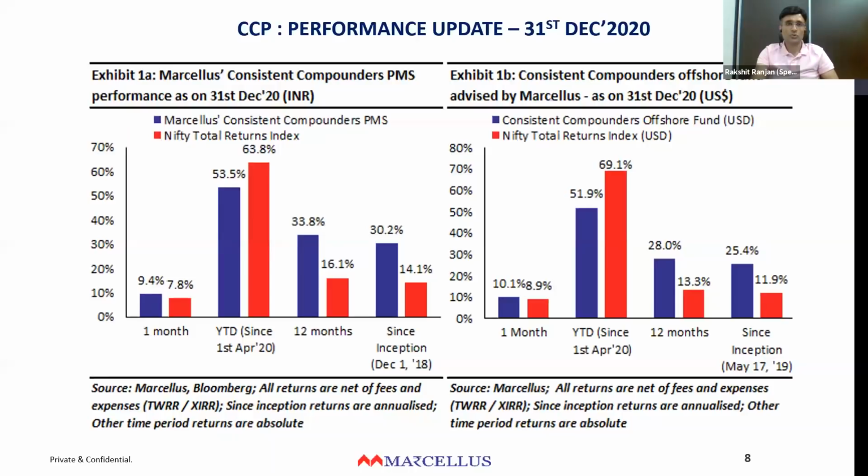Yeah. So if you look at this chart, a 3-month time period is not here in this chart. During the 3 months ending 31st December, our portfolio outperformed the Nifty by, I think, some 5-6 percentage points, if memory serves me right. If you look at the 3-month period of, let's say, 1st Jan to 31st March, our portfolio outperformed the Nifty 50 by around 17-18%. As I said previously, Nifty fell by 30% and our portfolio fell by 12-13%.